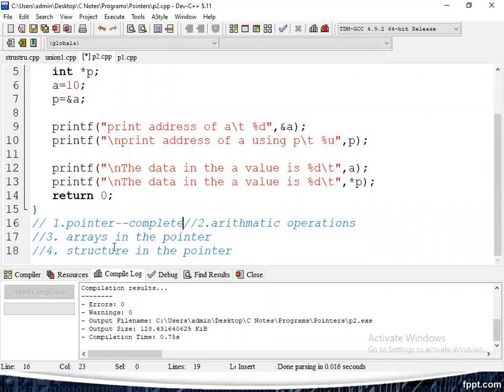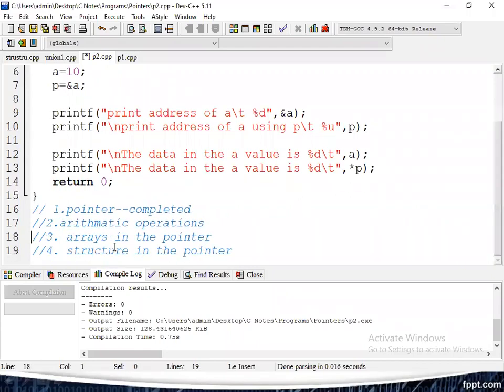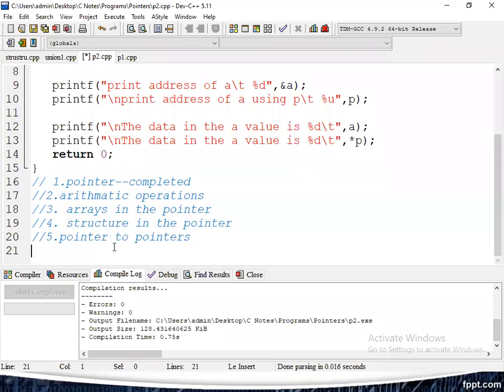Second, arithmetic operations in pointers. Third, arrays in pointers. Fourth, structures in pointers. Finally, one more concept, the fifth one, pointers to pointers. So there are four concepts remaining about pointers.